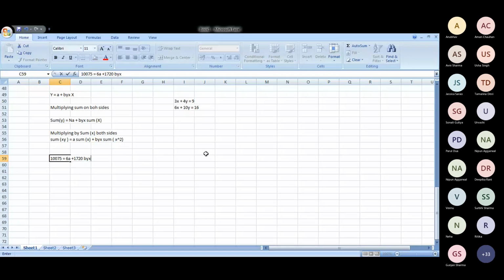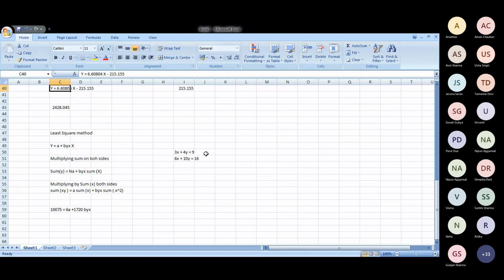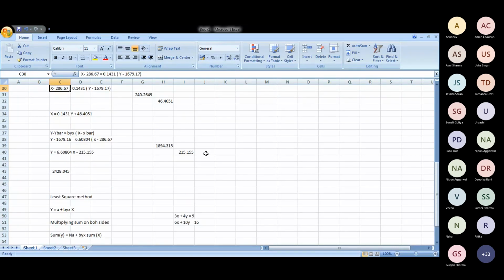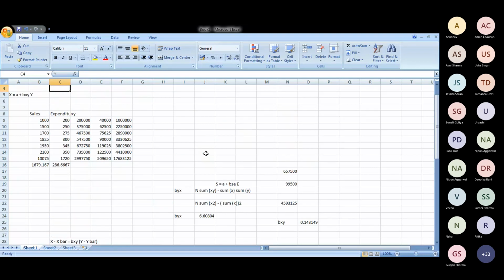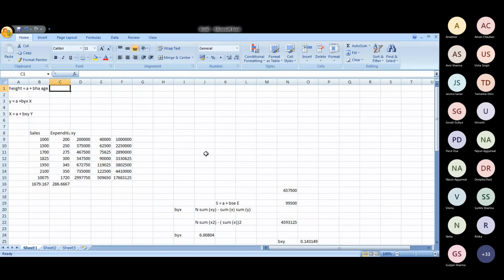Fine. So summation y is 10075, which will be equal to 6a plus summation of x, 1720, byx. So this becomes your first equation. And the second equation says summation of xy. So summation of xy value is